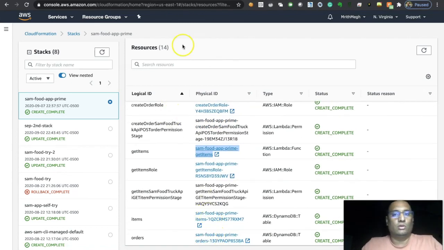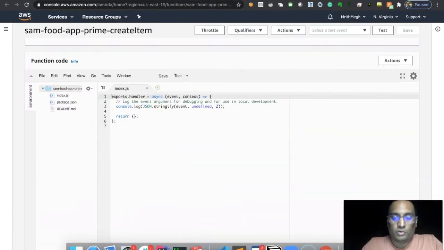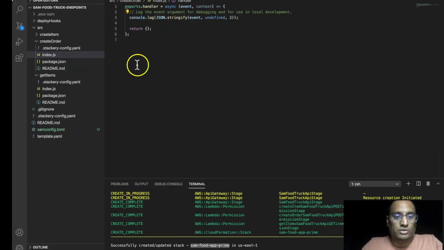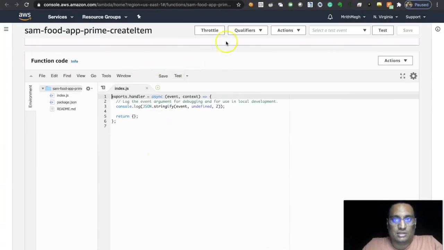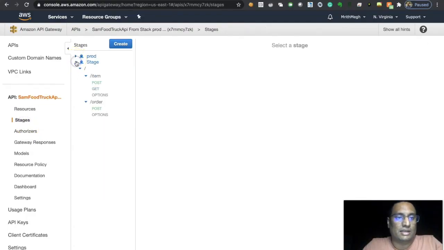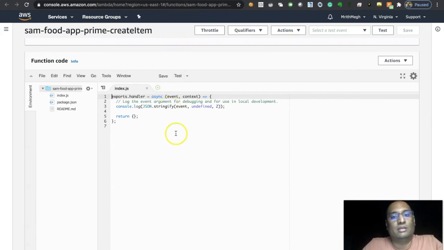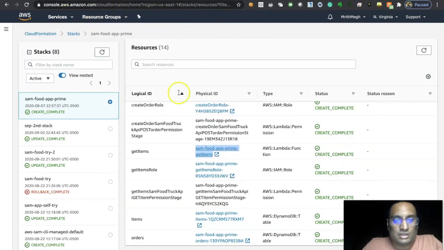Yeah, so this is the Lambda function we created, and it doesn't have any body. Whatever you see here in the code editor is what you see there. We are going to give life to this soon, and the API Gateway now has an endpoint named SAM Food Truck API with prod. If you go to stages, we actually have the prod stage and endpoints created, and you can actually hit the endpoints and get some blank results now. But let us start giving life to these endpoints by developing one endpoint at a time, starting with the post endpoint.